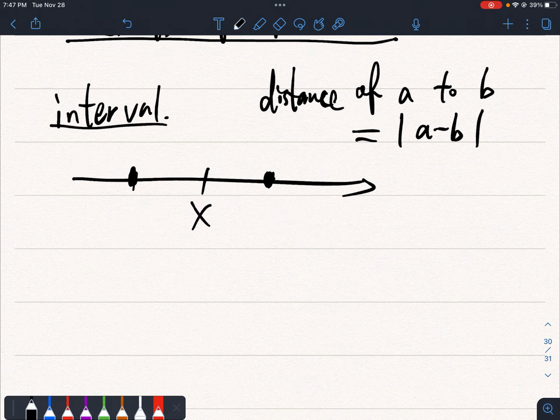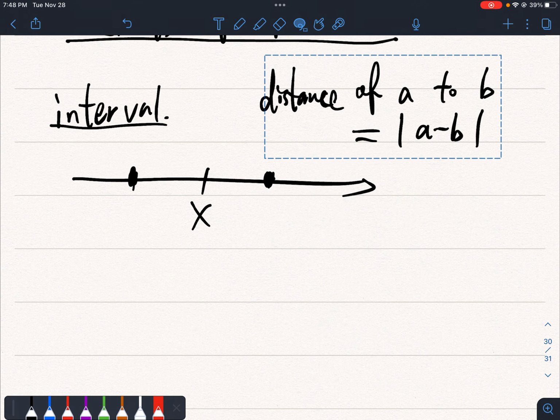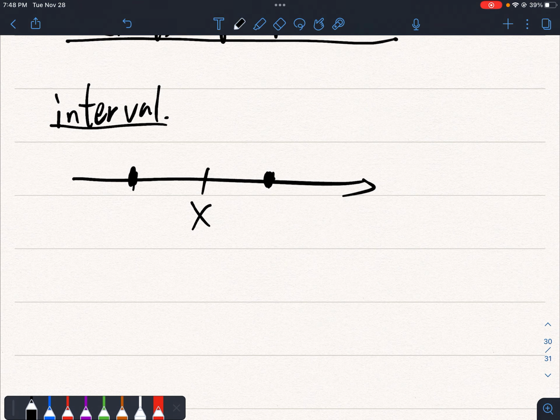So if you want to find some point whose distance to x is exactly 1, then this means y minus x, if you take the absolute value, it is equal to 1. So this means this value is either plus or minus 1. Then if you add x to both sides, y is either x plus 1 or x minus 1. Okay, so this is the simplest case, but usually we care about the points that are close